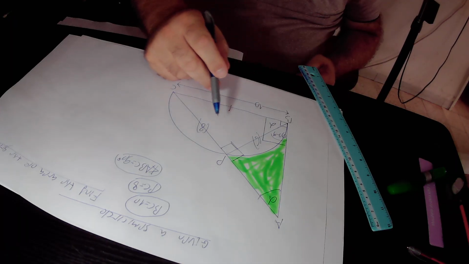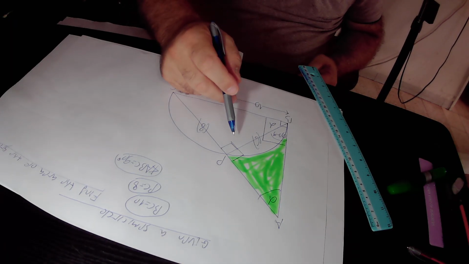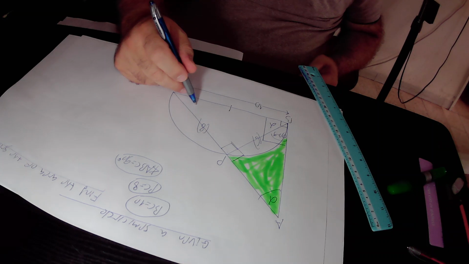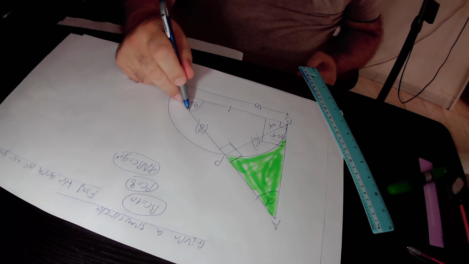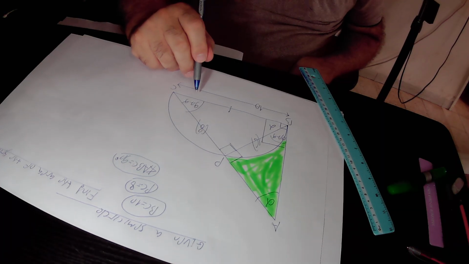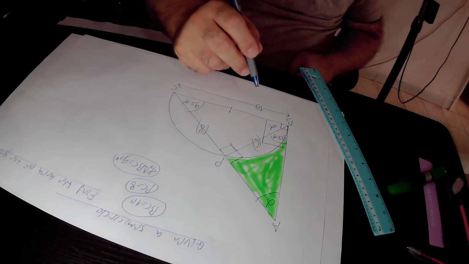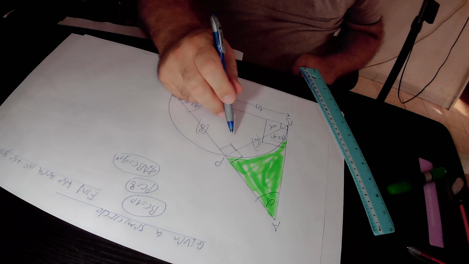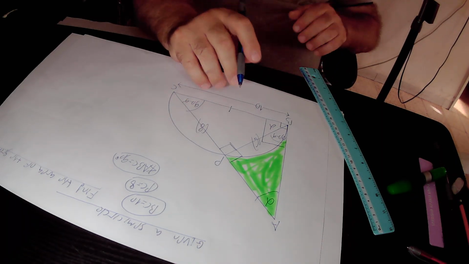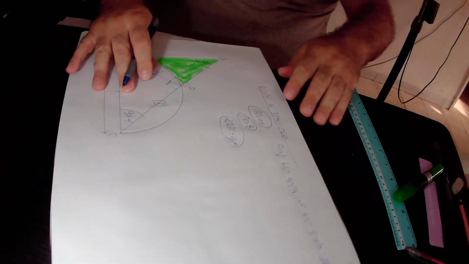So in the right triangle BPC, this angle equals alpha, this angle equals 90 degrees, and therefore this third missing angle must be equal to 90 degrees minus alpha. Why? Because 90 degrees minus alpha plus alpha is 90 degrees, and 90 degrees plus 90 degrees is equal to 180 degrees. That is the sum of the angles in any triangle. In the next step, we'll prove that